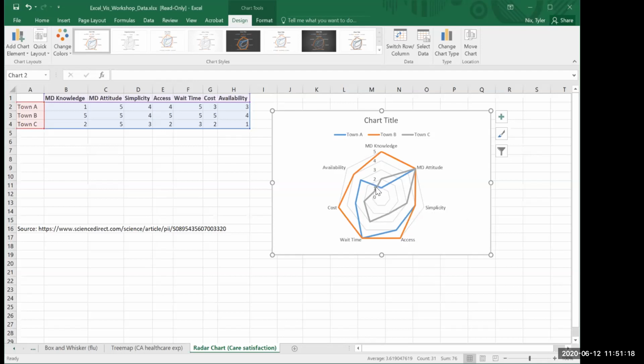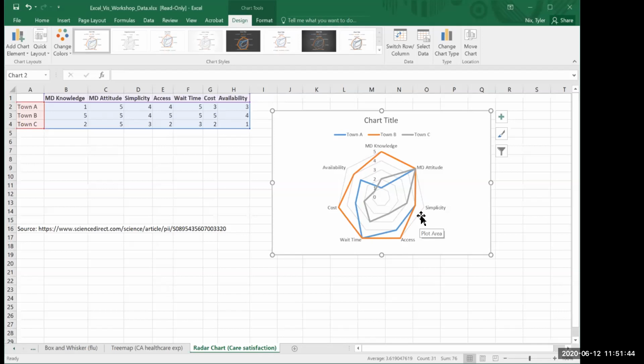The second is a 1, 2, 3, 4, 5, where 5 is the highest rating and 0 is the lowest rating. And so for each of these, basically, you're looking for the line that is the furthest out around the